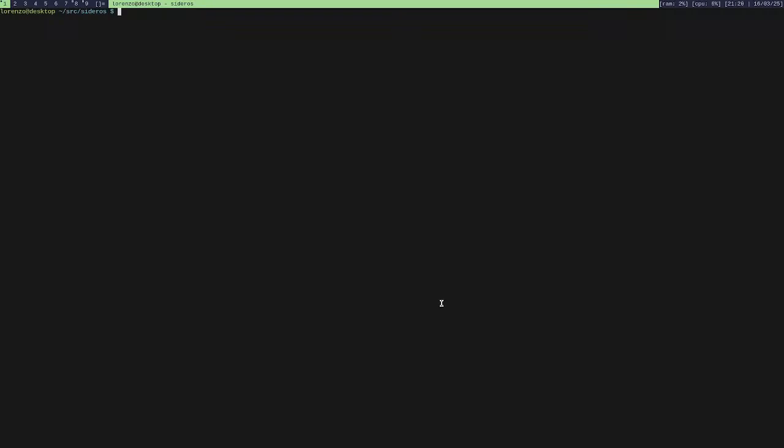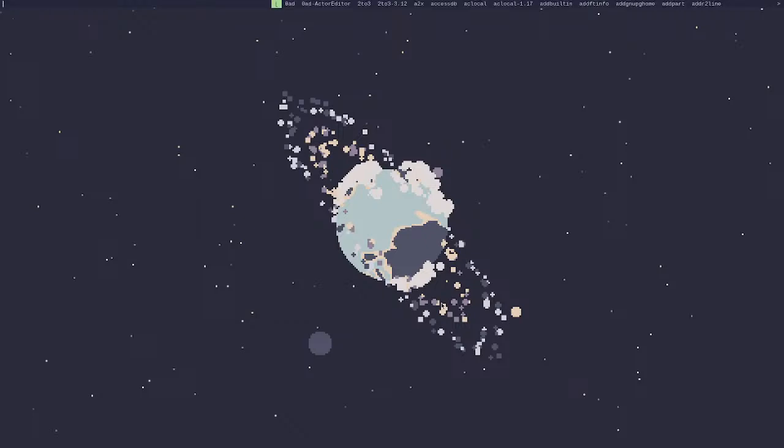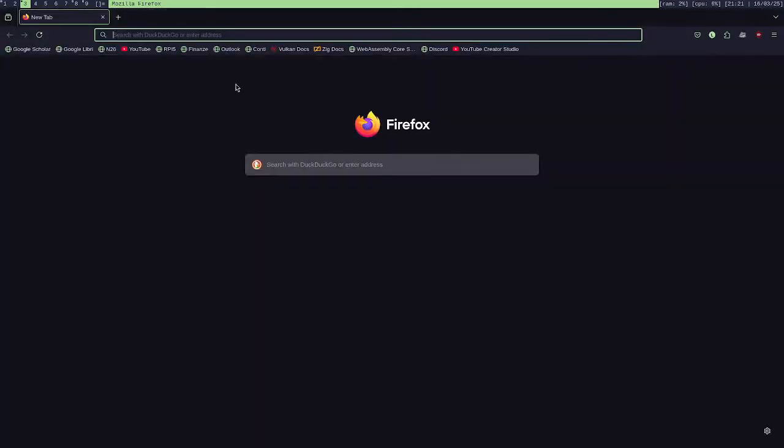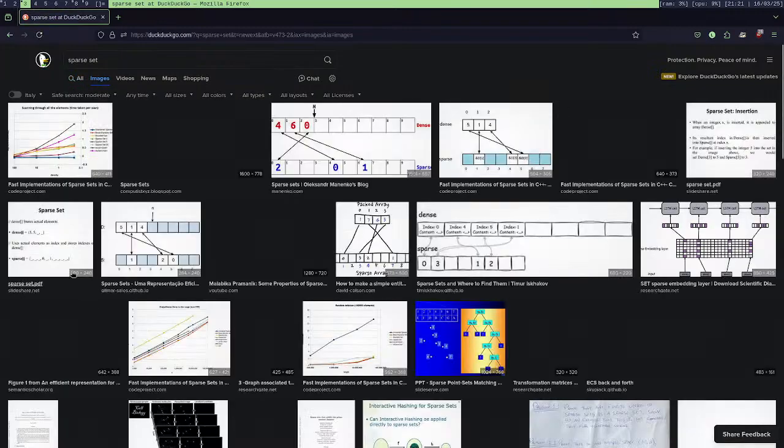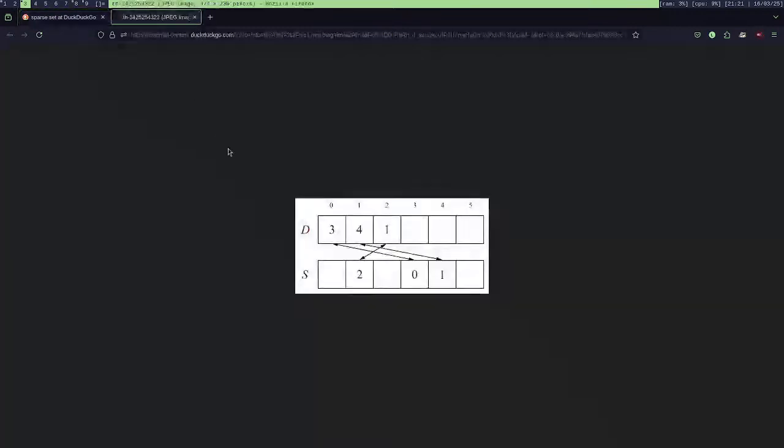Okay, so to implement this, today we are going to use something that's called a sparse set. Let me show you the data structure, which is this thing here.